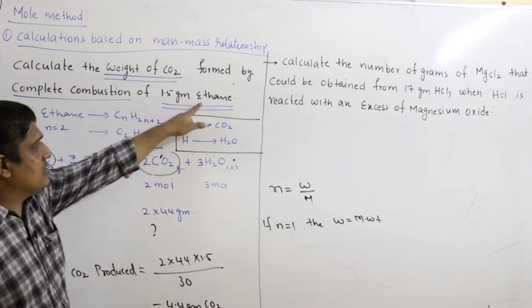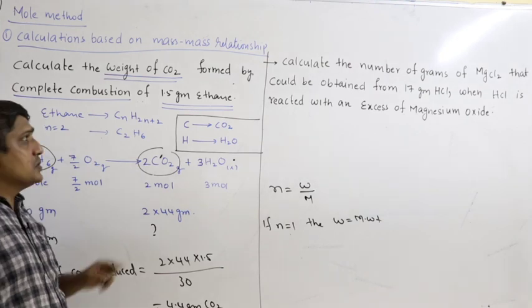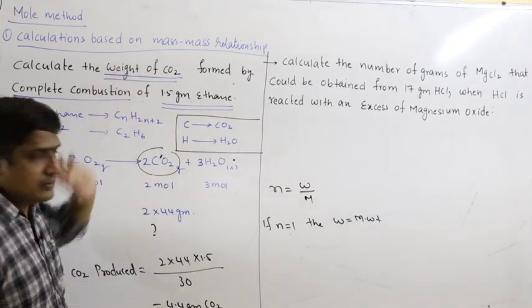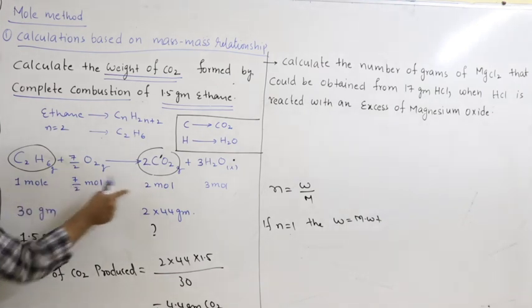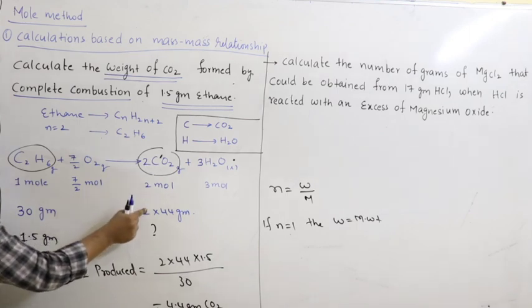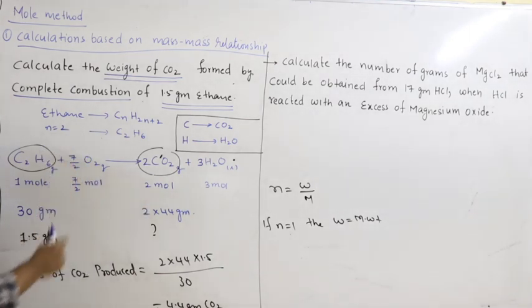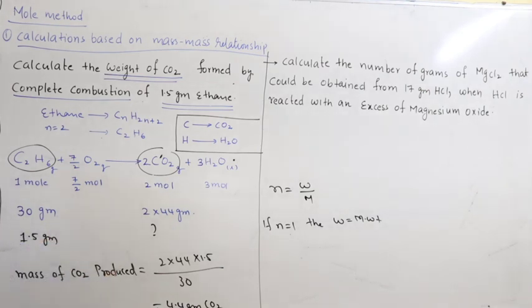Mass of a component is given, mass of other component is to be calculated. So, to get this mass relation, I have to write the mole-mole relation from the balanced equation, convert the mole into respective mass by multiplying with molecular weight. Using this mass relation, you can find the required mass.